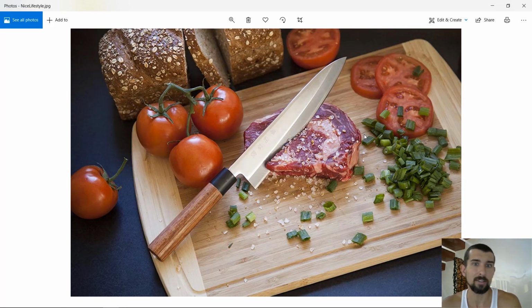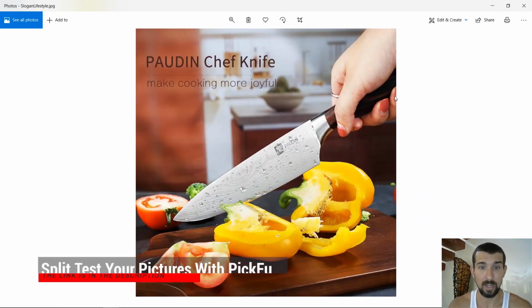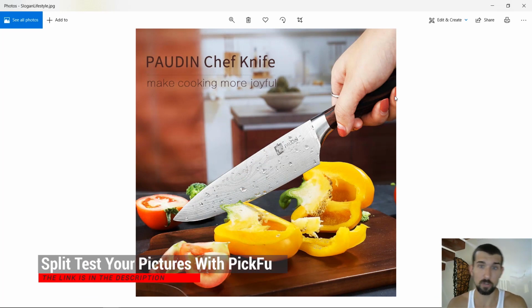Next, we have another lifestyle picture. No one's cutting anything here, but we have the steak, we have the salt. We see that the knife cut through it. Some other things are cut. You see that also perceived value. The person can look for 2 seconds, but his brain is gonna tell him the knife is cutting, the knife is good. It did cut all the veggies here, so it's good. And here's another lifestyle picture. It's also sort of a before and after, but it's a lifestyle picture with a slogan here.